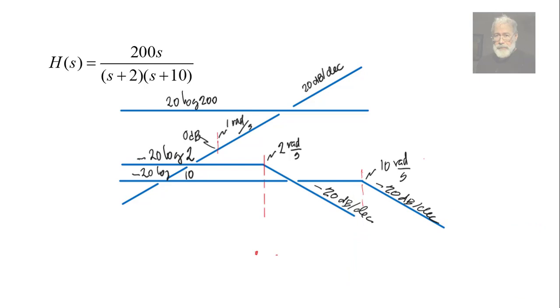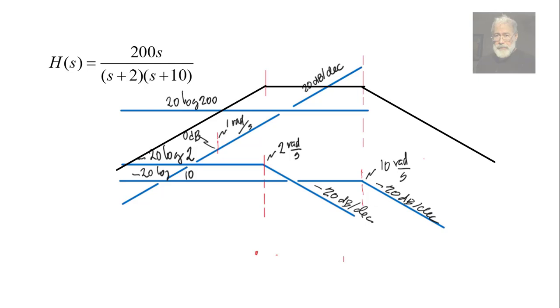To add them together, let's consider first what happens to the left of the first corner, to the left of 2 radians per second. There, the sum is the sum of 4 lines, and we know we add the slopes of the 4 lines as we've seen in theory: 0, 0, 0, and 20. The sum of them will have a slope of 20 decibels per decade up to the first corner at 2, where plus 20 minus 20, that is 0. We have a horizontal outcome up to the last corner, where 0 minus 20 gives us the exit plot of